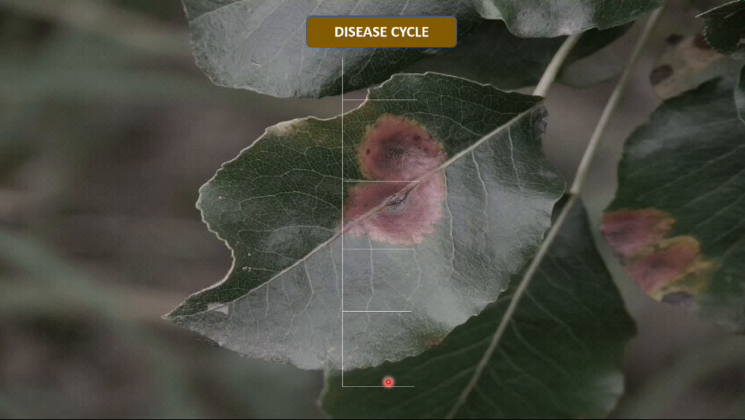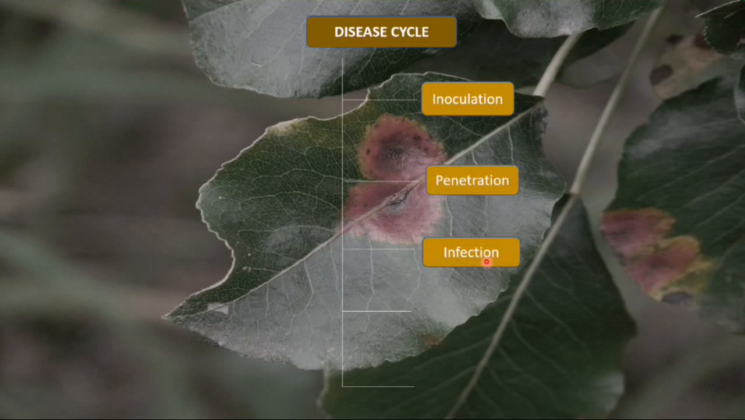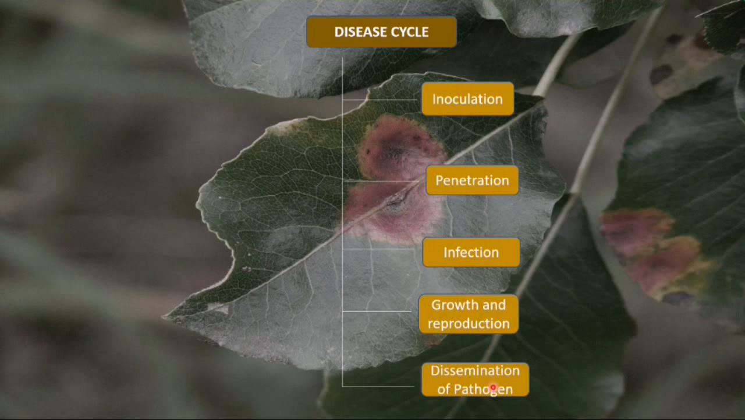interconnected stages. These stages are inoculation, penetration, infection, growth and reproduction, and dissemination of pathogen, right? So these are a series of interconnected stages, and a pathogen progresses from one stage to the second stage, and slowly and sequentially it enters and invades a host plant, right? So we are going to understand each of these stages one after another,